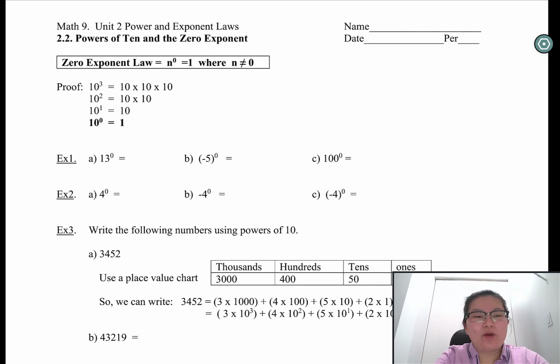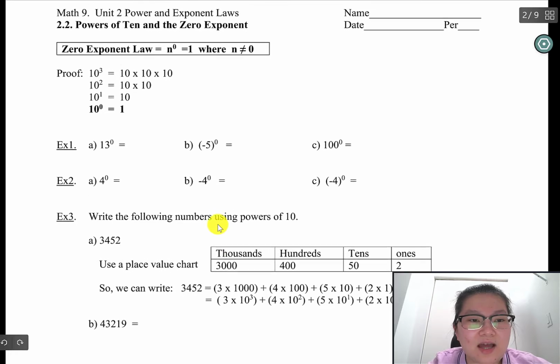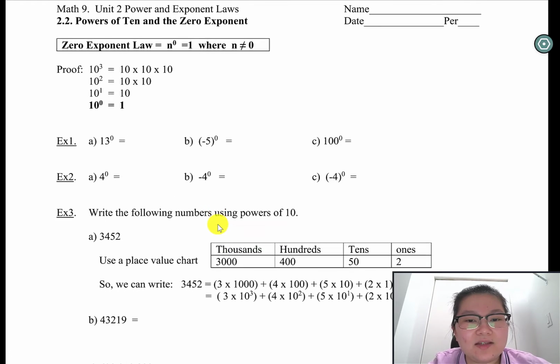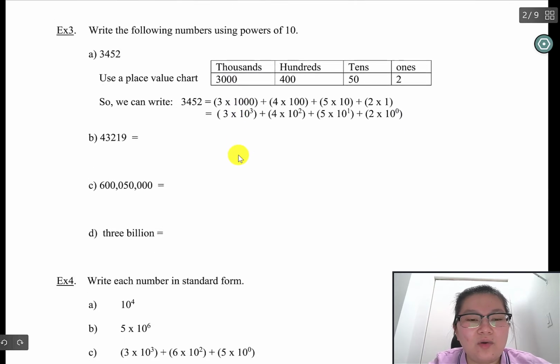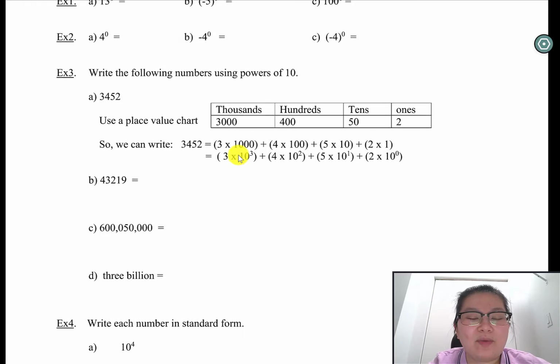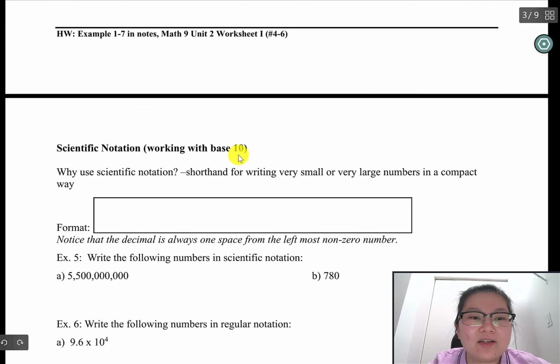In this video, we are on to section 2 of the Exponent unit, unit 2. And in this section, we are going to look at powers of 10 and the zero exponent. In this particular lesson set, there are some examples where I talk about the zero exponent and also the power with a base of 10 and what that looks like,